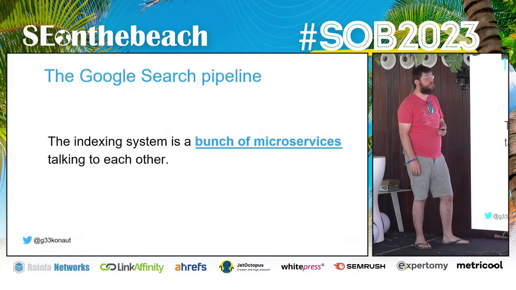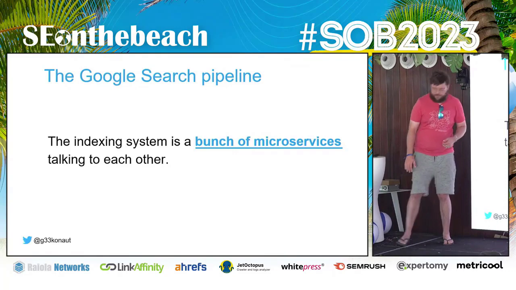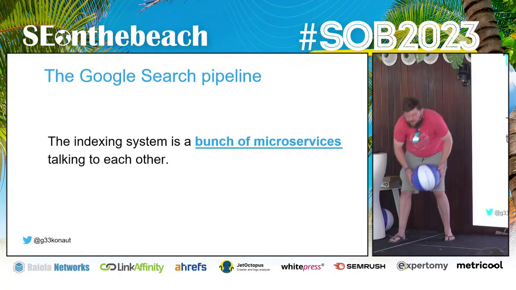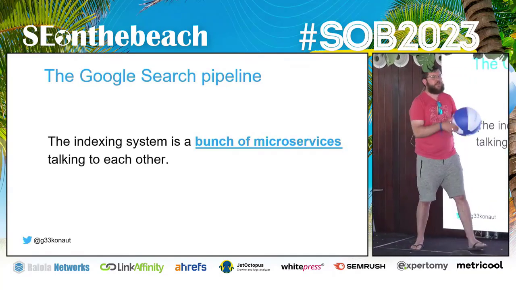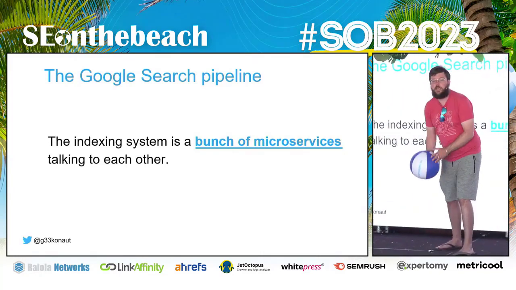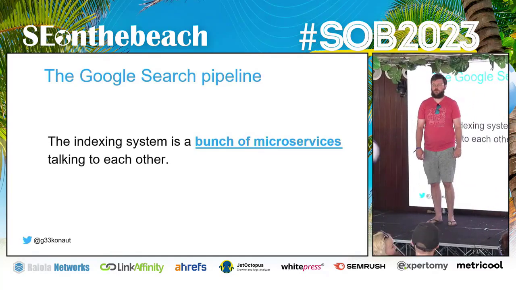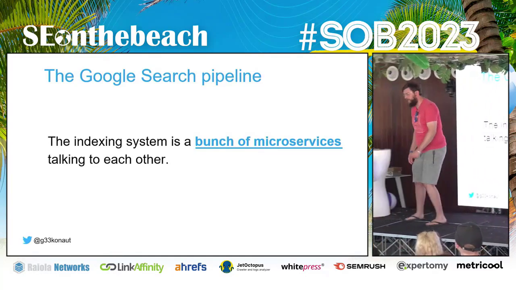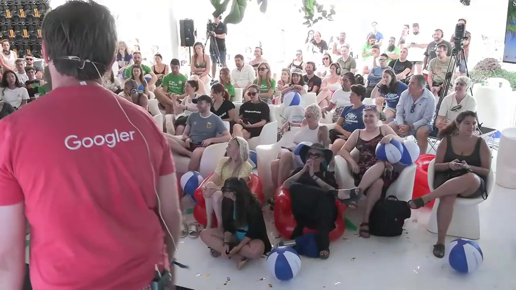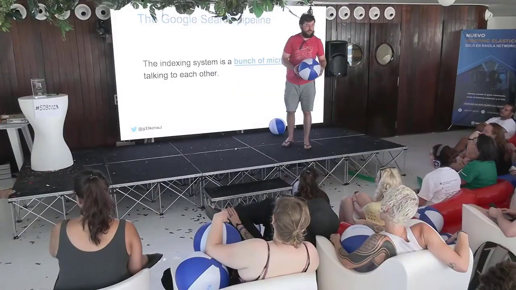The answer is a bunch of microservices, which is really helpful, isn't it? So I'll be the crawler. I just crawled a website, and now each of you is a microservice in rendering. So I'm just going to say, here, I want this to bounce 3 times. 1, 2, 3, and can it come back to me, please? 4. Thank you. That was a microservice interaction.